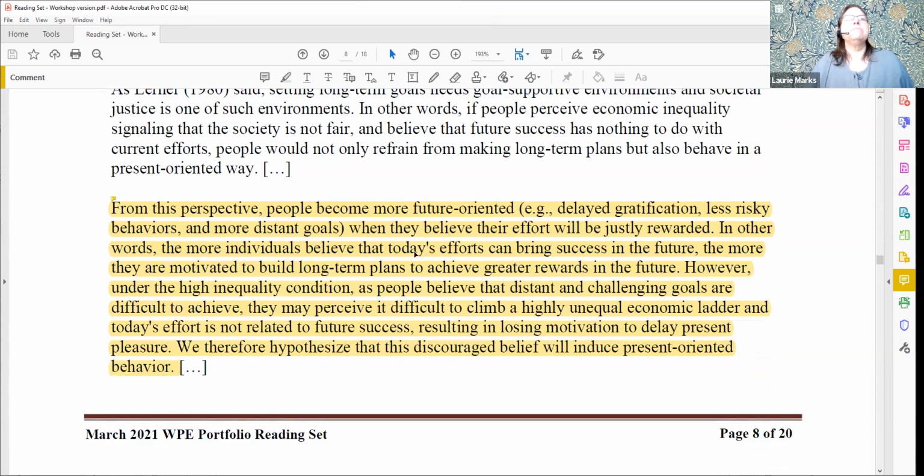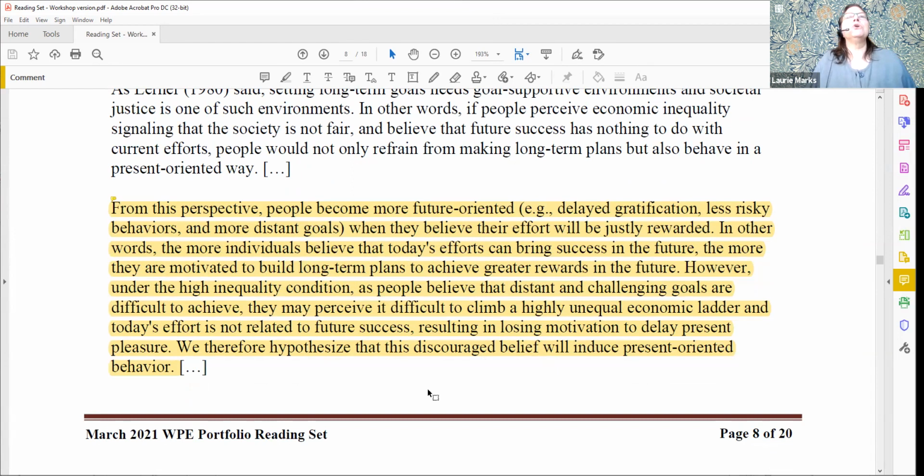And then at the bottom of page 8, we have this entire paragraph, which is really summarizing Buck and Yee's entire argument. So they've got their whole argument crammed into, it looks like 3 sentences. I'm going to read those to you. From this perspective,